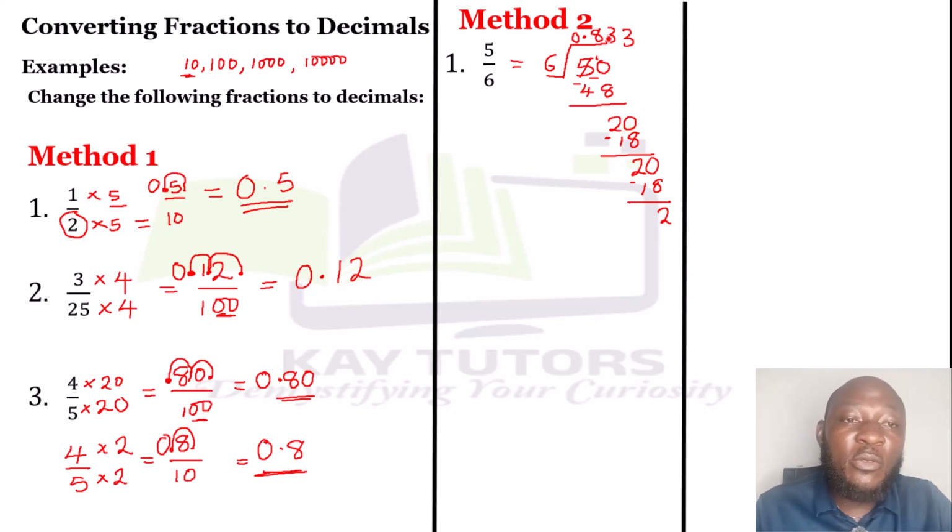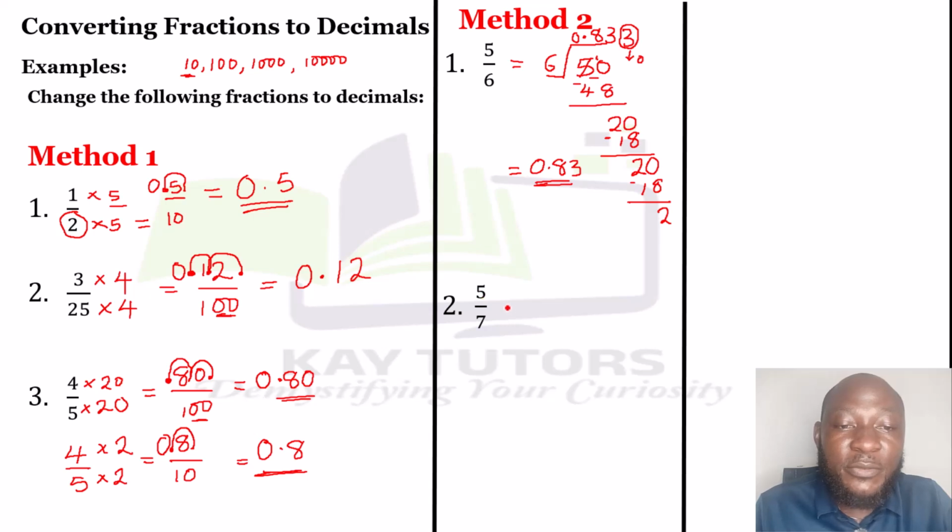So here I'll convert to 2 decimal places, but since 3 here is less than 5, I'll round down to 0 and I'll add my 0 here. So my final answer here is 0.83. That's my final answer. So I have succeeded in converting 5/6 to a decimal number, which is 0.83. Let's look at the next number,